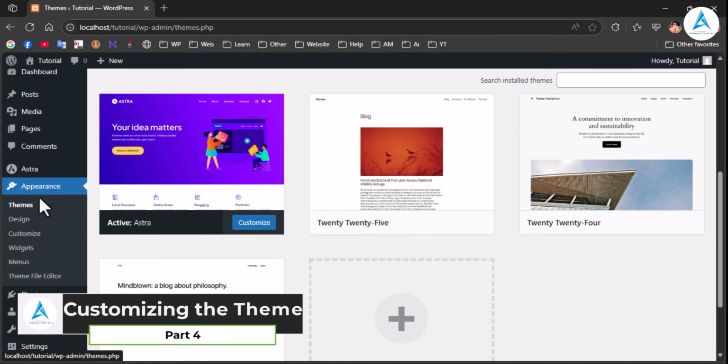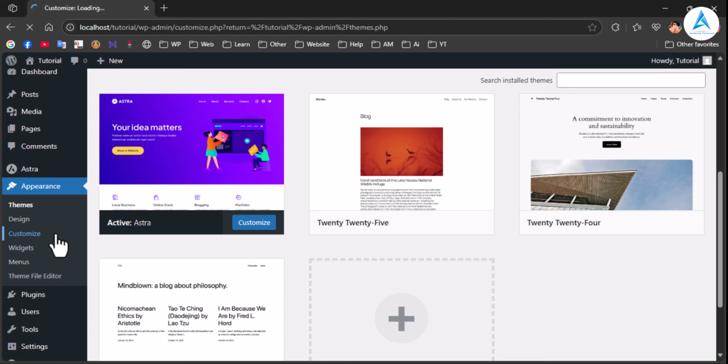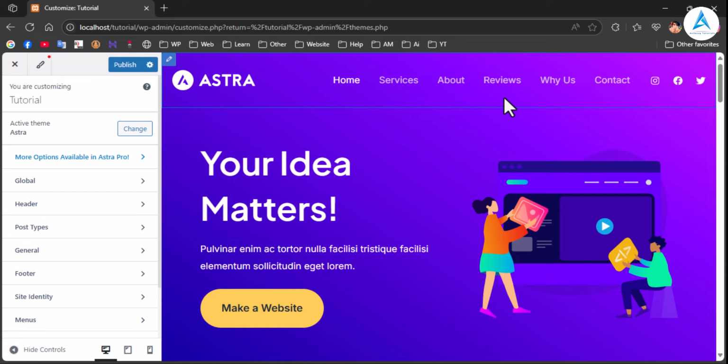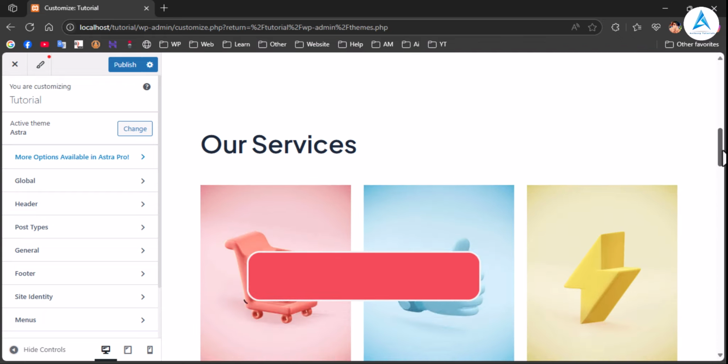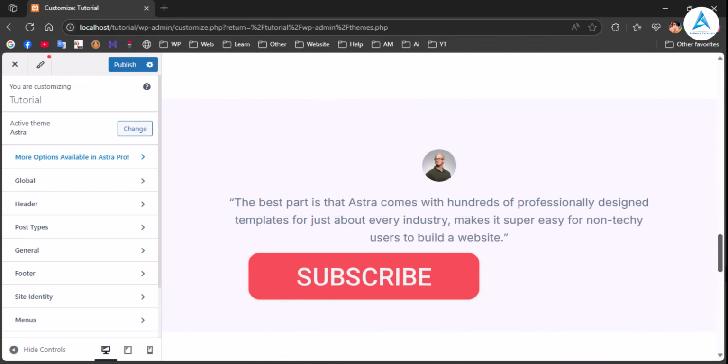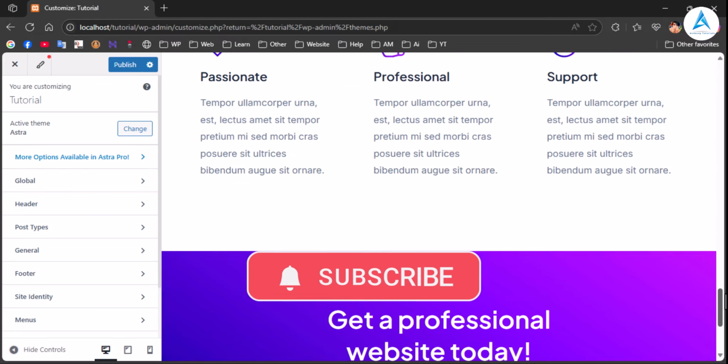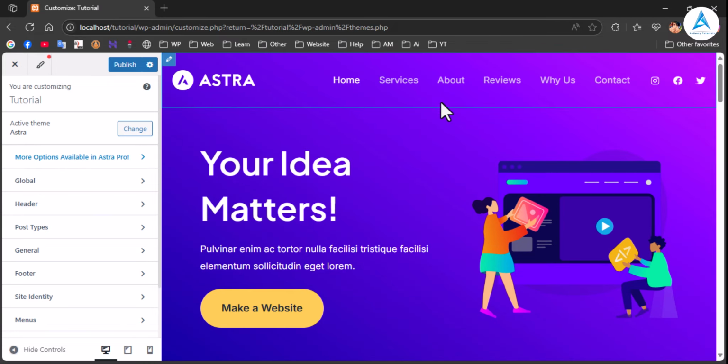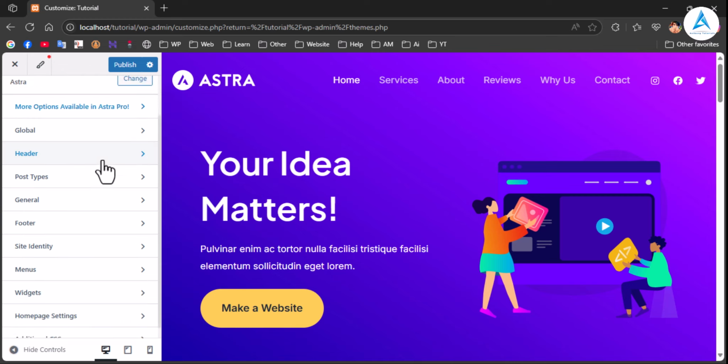Next up, customization. Go to Appearance again and click on Customize. This opens the WordPress Customizer. It's like your design control center. Depending on the theme, you will see different options here. Usually, you will find site identity,